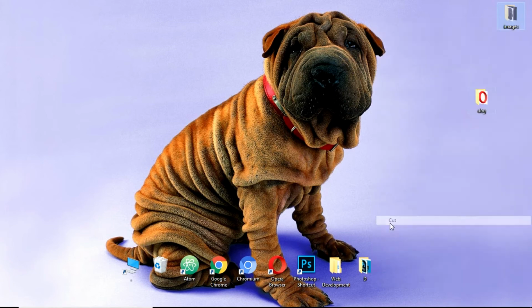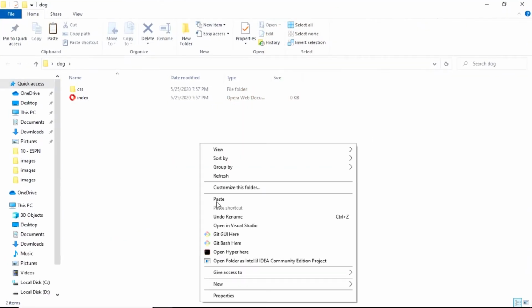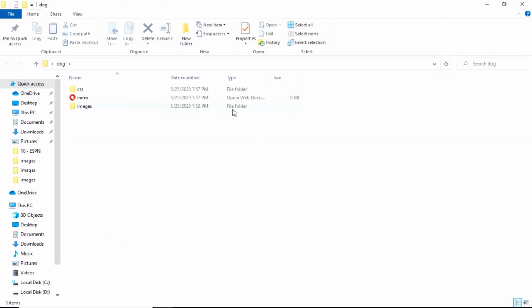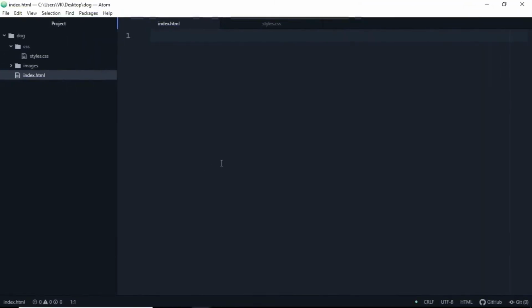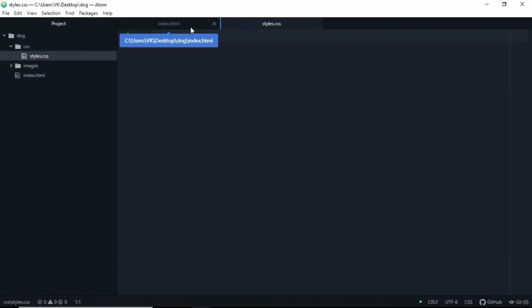Oh wait a minute, I forgot to just cut this out and we'll paste it here. These are the images. Let's go to our Atom text editor. Now let's go to browser